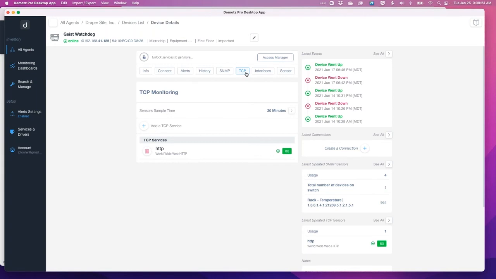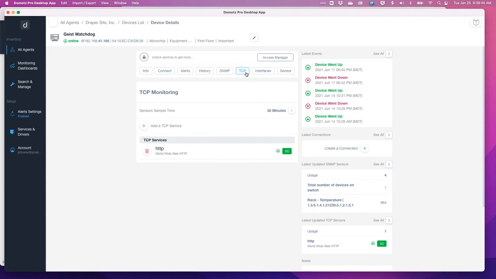There could be random ports that have services available over standard protocols that you can then query. The idea is, how can I look at a particular device, and if I expect a certain service to be running over this transmission control protocol,